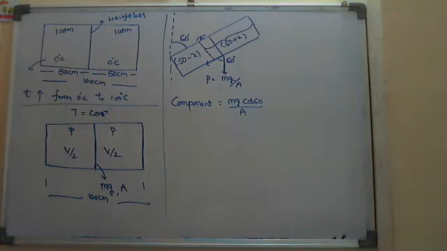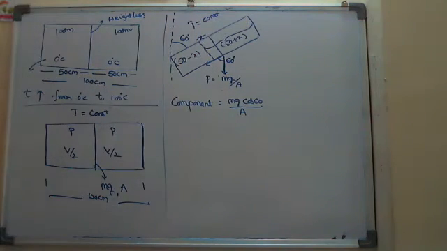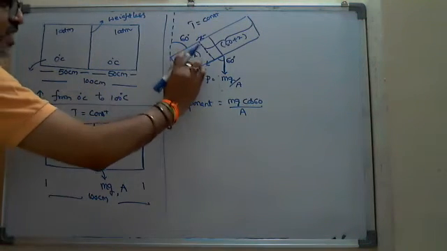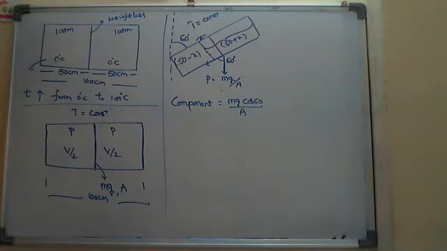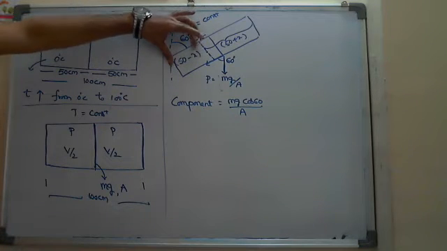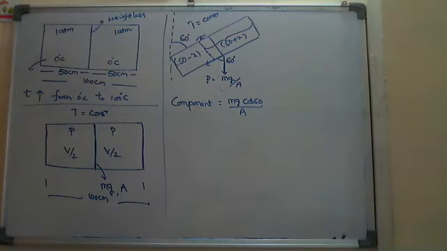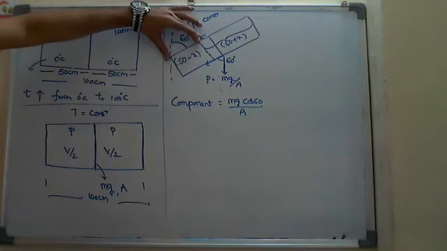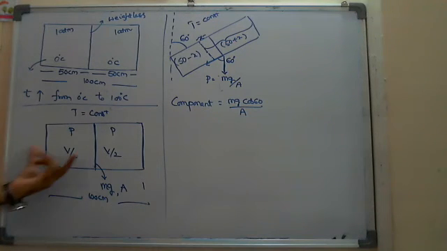Again, I am not changing the temperature; the temperature is constant, and no gas is escaping from one side to the other, because there is no hole in this piston. That is why this gas is compressed and that gas is expanded. Since the temperature is constant, I am going to use Boyle's law again. Boyle's law means P1 V1 on the left hand side equals P2 V2 on the left hand side. I am looking at only one side.